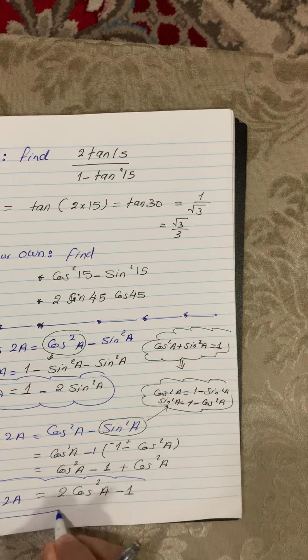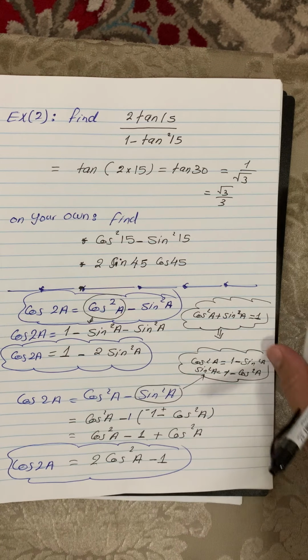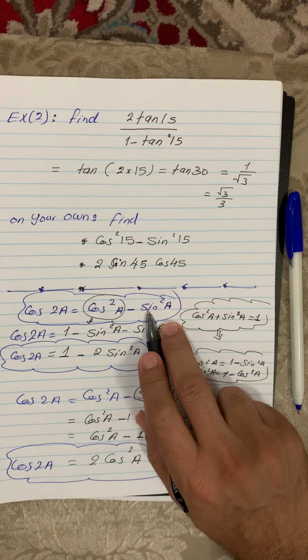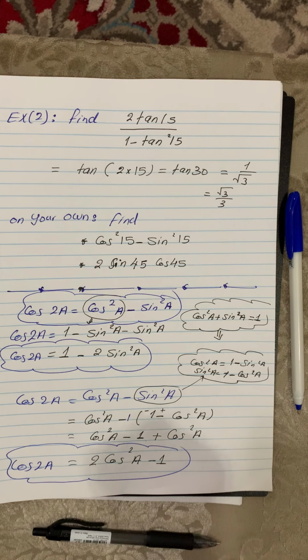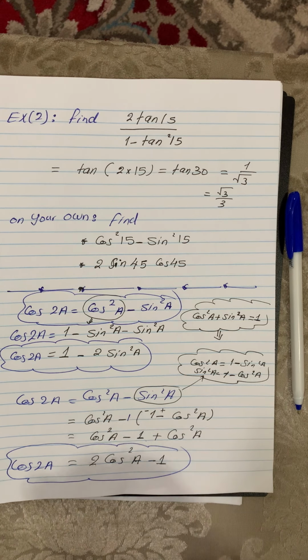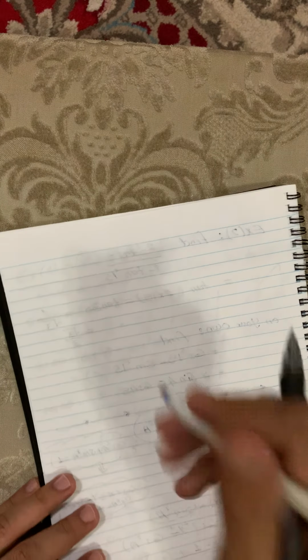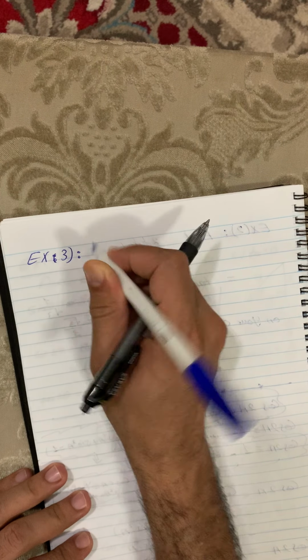Now we can say that we have 3 formulas for cosine 2a. Cosine 2a equals cosine square a minus sine square a, cosine 2a equals 1 minus 2 sine square a, and cosine 2a equals 2 cosine square a minus 1. If I want to verify any trigonometric identity based on our lesson today, this is example number 3. It says verify